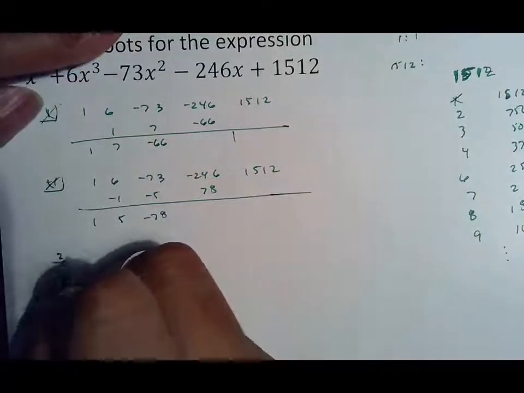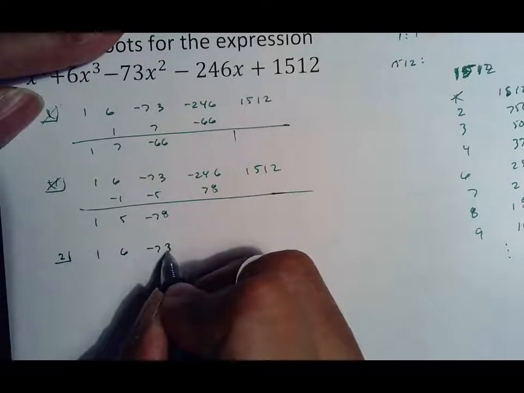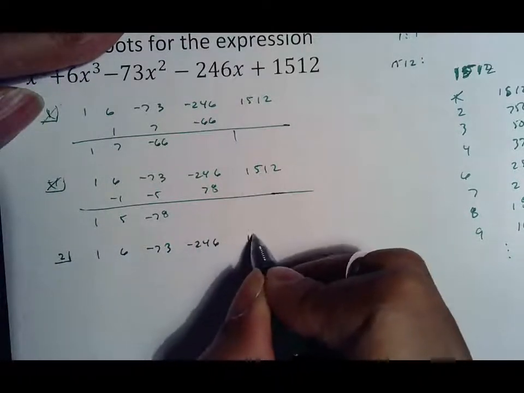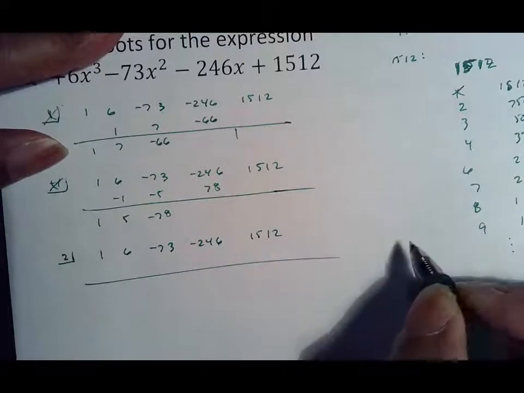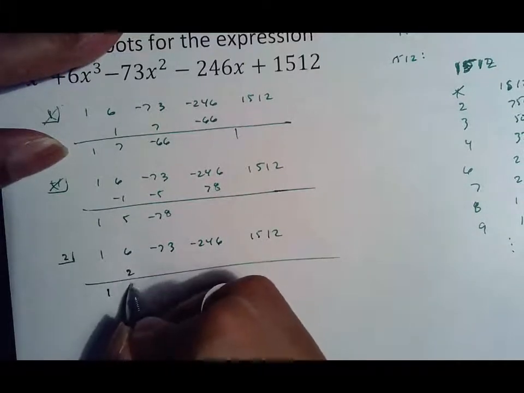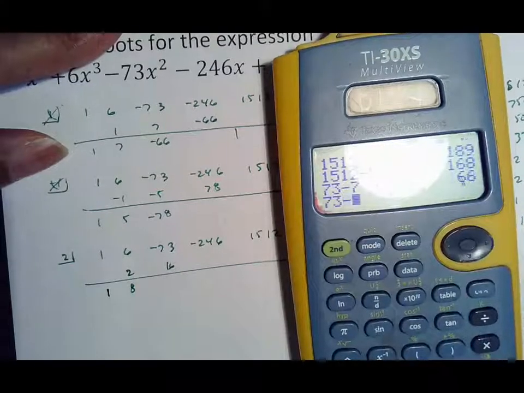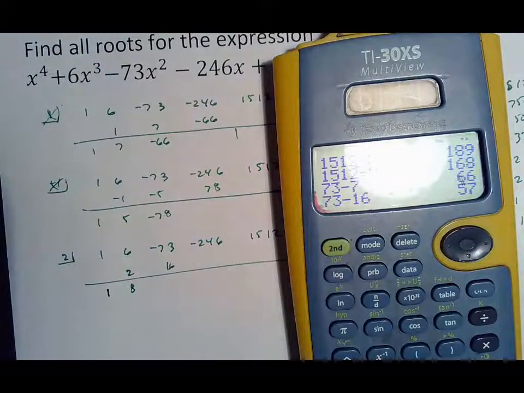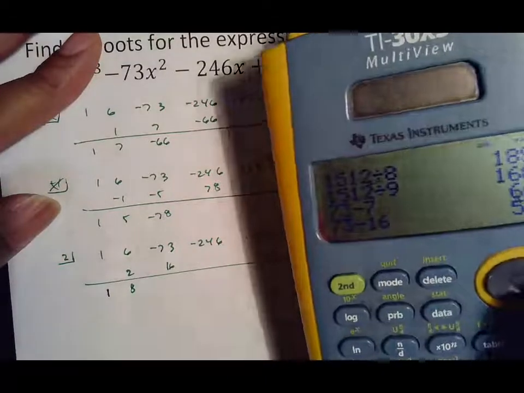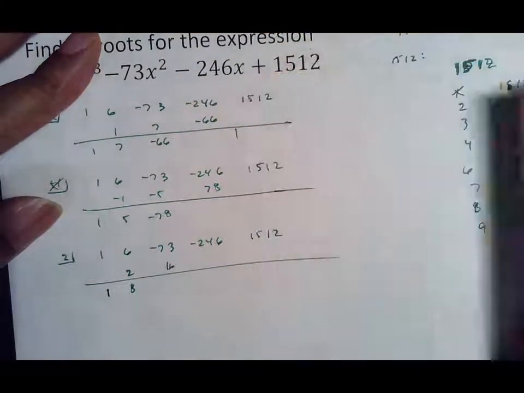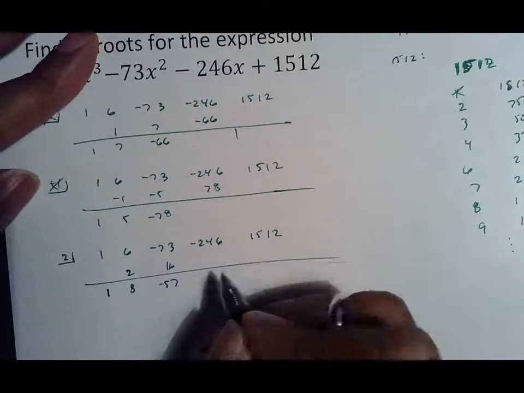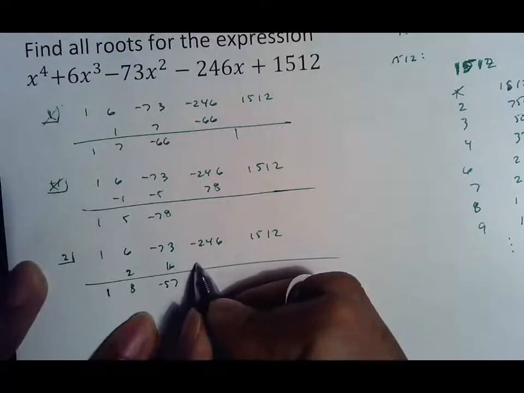So 1's not it. What about 2? 1, 6, negative 73, negative 246, and 15, 12. 8, 16. If you wonder why I don't type negative 73 plus 16, it's because I don't care about that part. I just need the actual number. So 57, because I can use my common sense on that part. This is going to be a negative